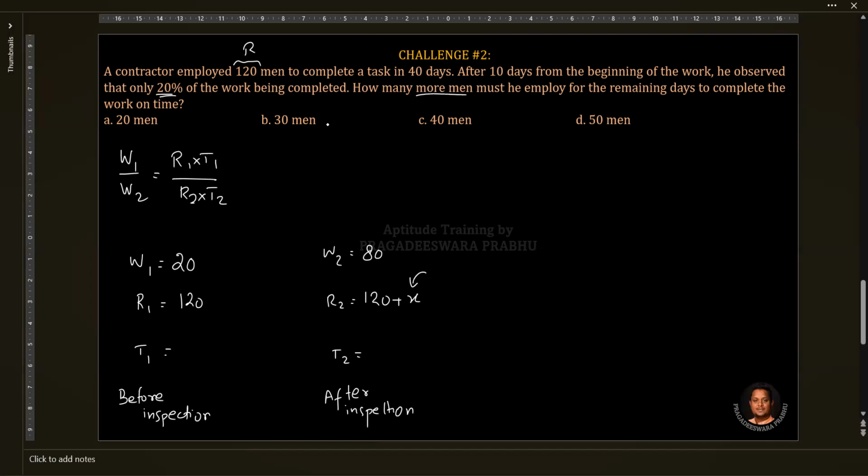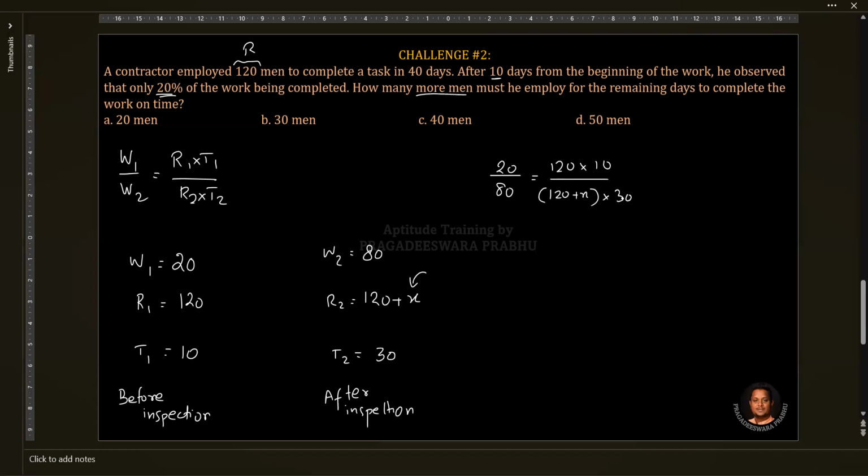T1 is time taken in the first scenario, that is before inspection they worked for 10 days. After inspection they need to work for 30 days so that the total work will be completed in 40 days. Okay. Now we know these values, we substitute it here, right? So what happens? 20 by 80 is equal to 120 into 10 divided by 120 plus x